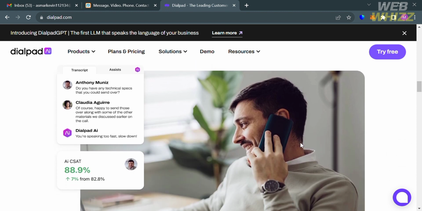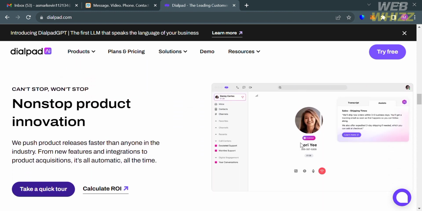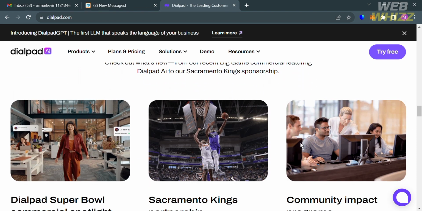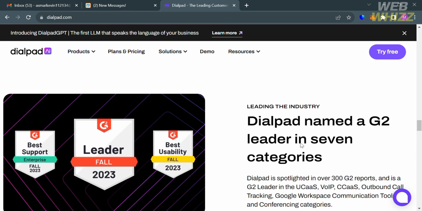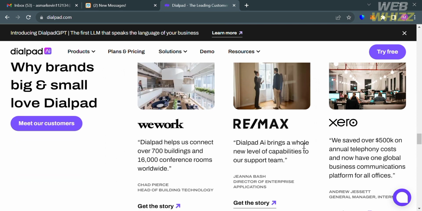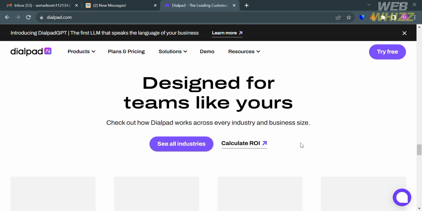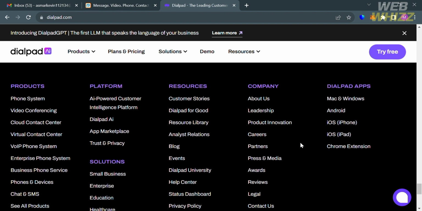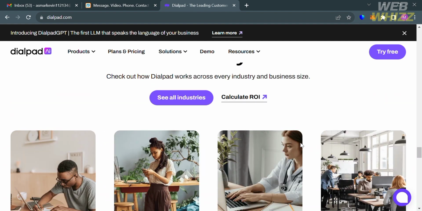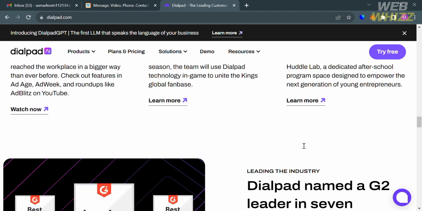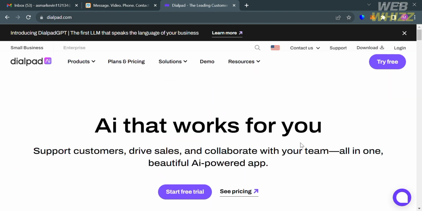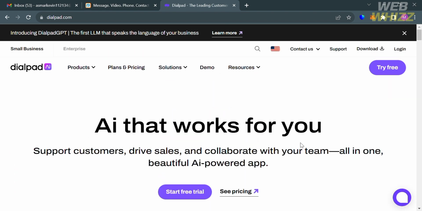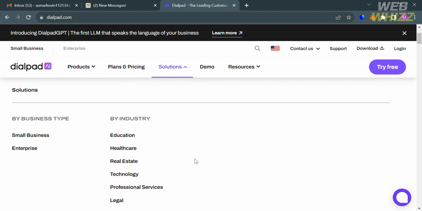But before that, if you don't know Dialpad, it is also a communications platform that provides cloud-based business phone systems and collaboration tools, in which it also offers a range of services aimed at enhancing communication within organizations, including voice calling, video conferencing, messaging, and contact center solutions. And similar to RingCentral and other communication platforms, Dialpad focuses on enabling seamless communication across various channels, since it allows users to make calls, conduct video meetings, send messages, and collaborate in real time from any device connected to the